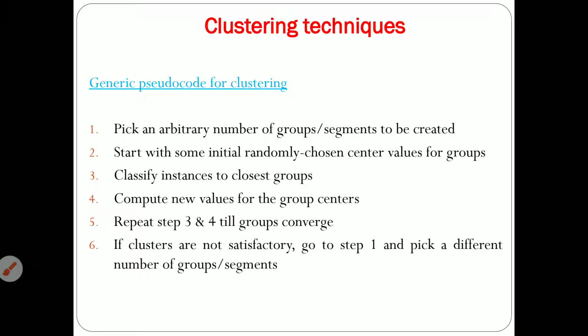After creating the clusters, you randomly choose one of the clusters with the help of the Euclid distance. With the help of the Euclid distance calculation, you can classify the closest groups. Suppose you're using one cluster, you can calculate the closest to the centroid.